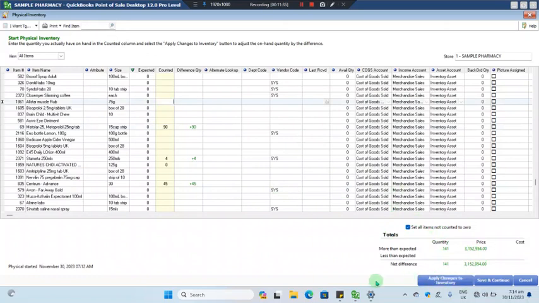So that's it, guys. If you have any questions about how you can go about doing this, please contact me. Otherwise I'm available for help. But if you take too long not counting your items, not doing your physical inventory, then your system will have a lot of